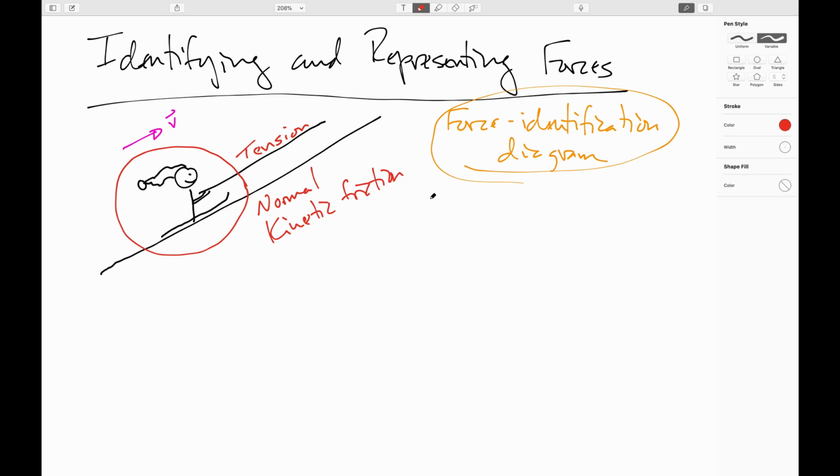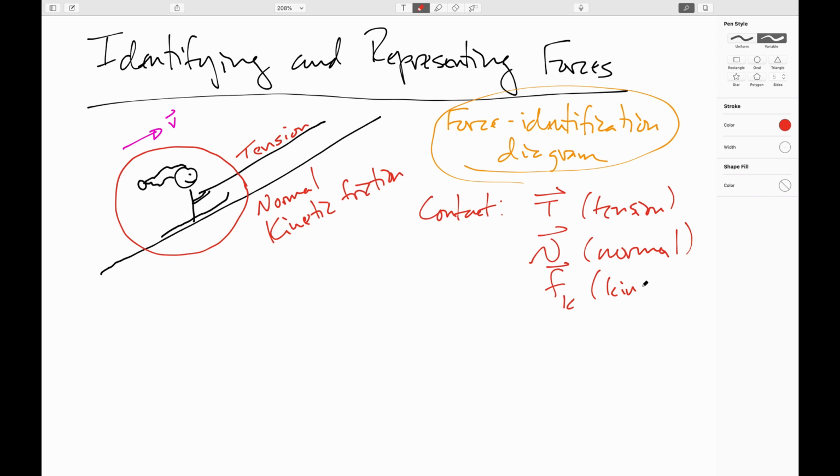So we can look and identify our forces. We have contact forces of tension, normal force, and kinetic friction. And I'm using reasonably standard notation here for these. After you've worked your way around the circle,